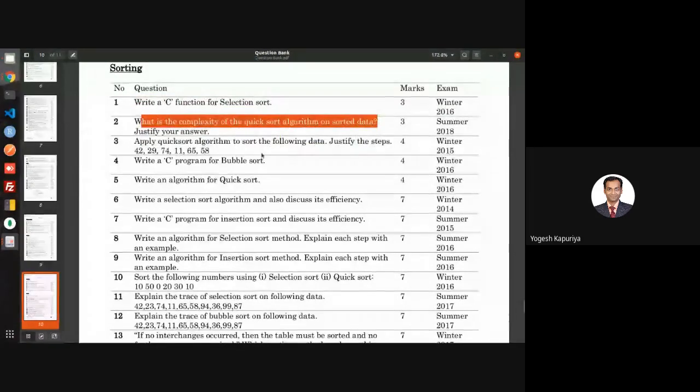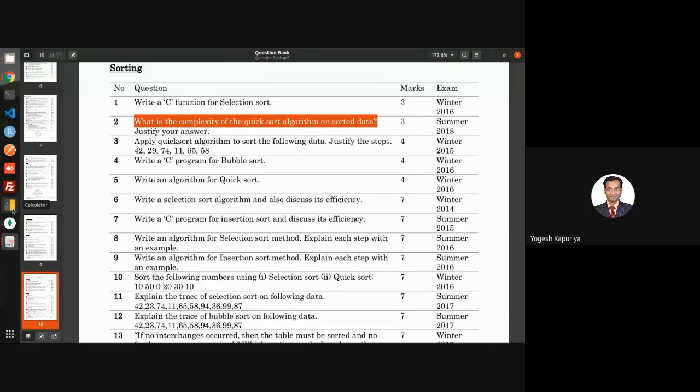Okay. What is the complexity of the quicksort algorithm on sorted data? Justify your answer. Complexity of quicksort algorithm on sorted data. Again, on sorted data, see, there are two cases. When your data is sorted, either it's sorted in the order in which you want to sort, let us say ascending order, or your data is sorted in descending order.